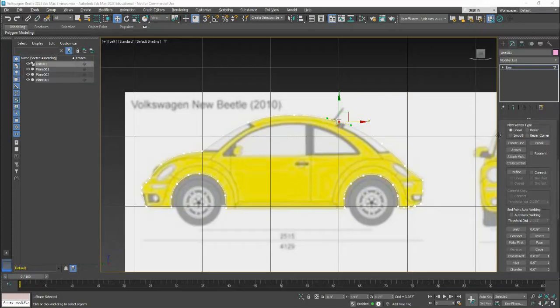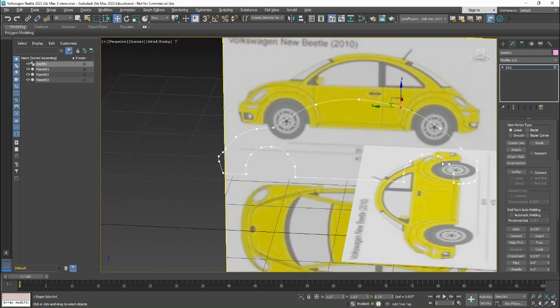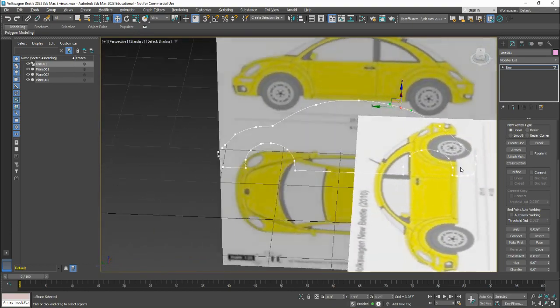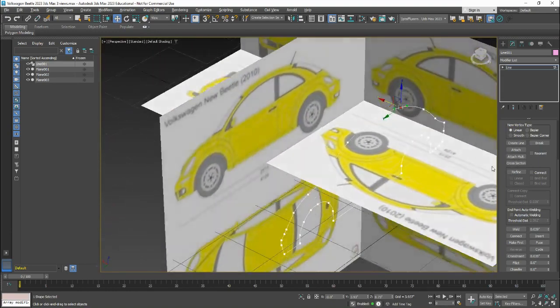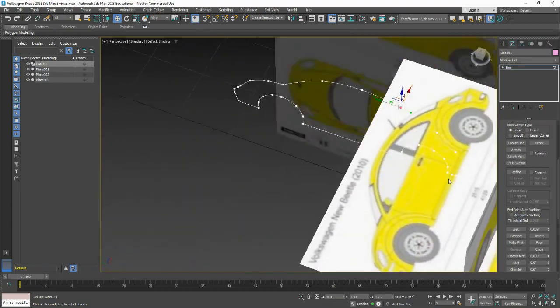Okay, so my next step is going to be under my modifier to do extrude. Before I do that, I want to change this maybe to perspective view, so that I can get a feel for how much I'm actually extruding my car. Now, I don't have this lined up the way I wanted to. I must see, I did not confirm